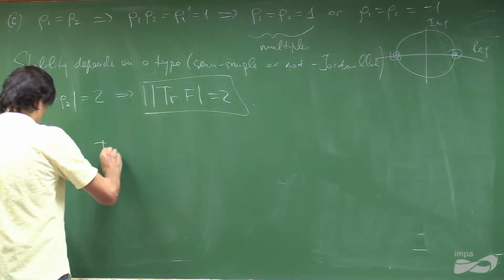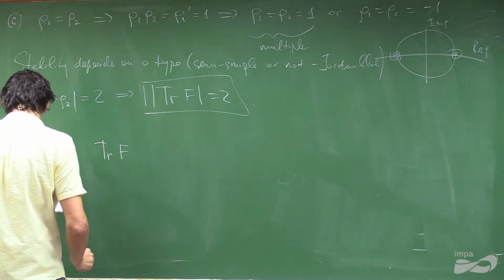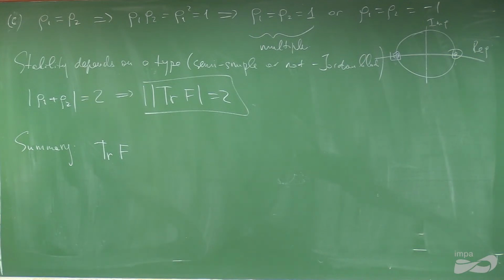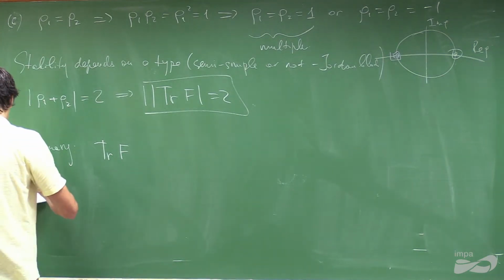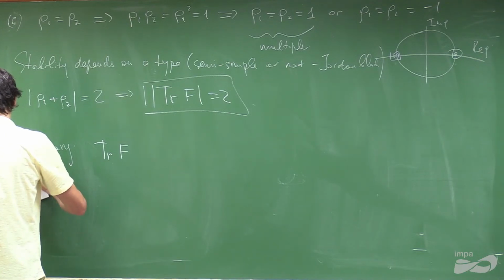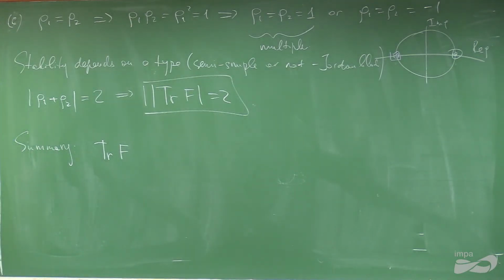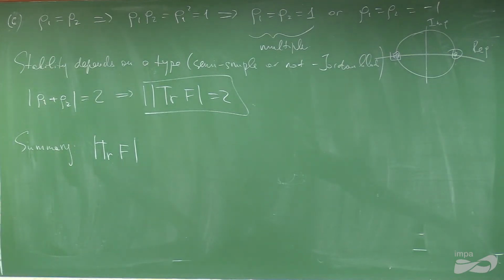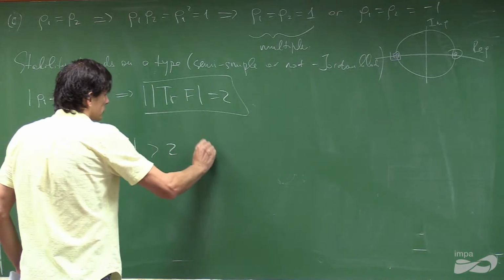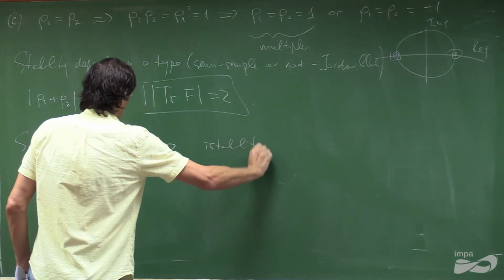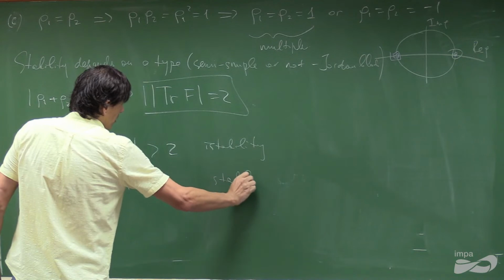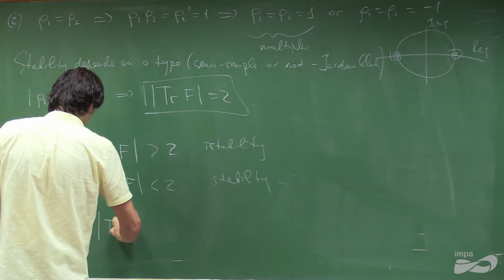So if trace F, there is no absolute value here. Okay. So if the absolute value of the trace is bigger than 2, you have instability. If the absolute value of the trace is smaller than 2, you have stability. And if the absolute value of the trace is 2,